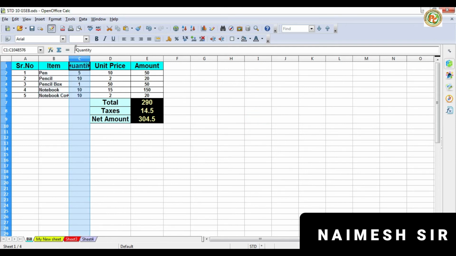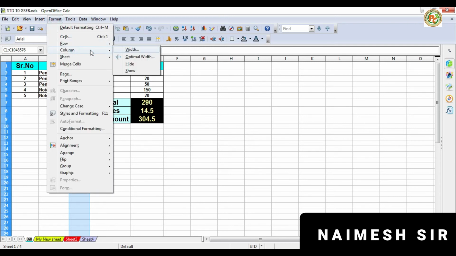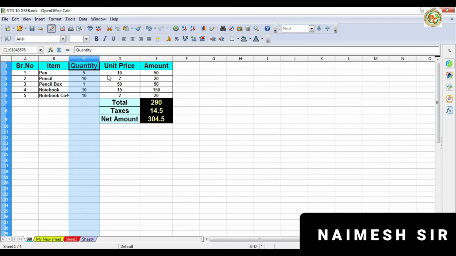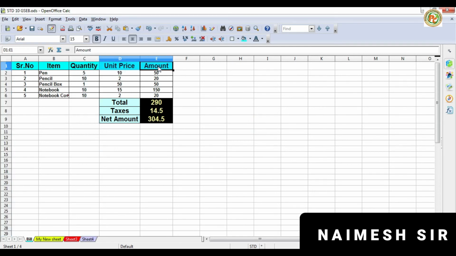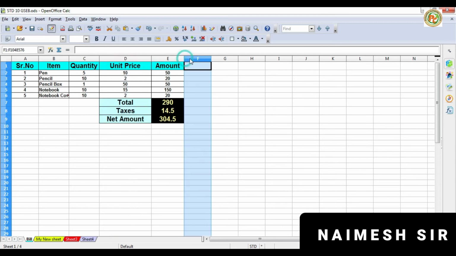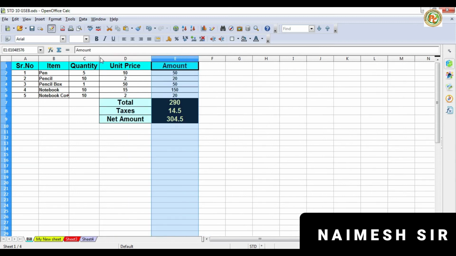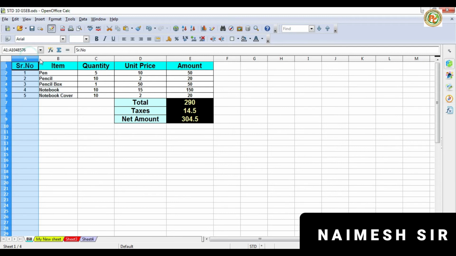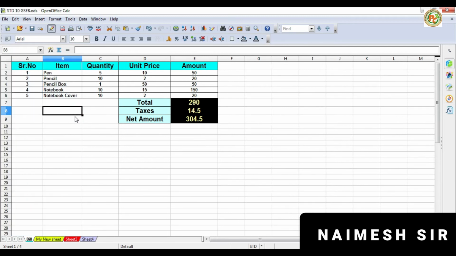Now similarly I want to apply the same, so click the particular column, go to Format, Columns, and Width. Here it is 0.7, but I will enter 1 and click OK. Got it, right? The same way we can change column width. And the second way to change the column width is like this: between two columns the cursor will move and you can change it like this. This way we can increase also, this is the manual use.